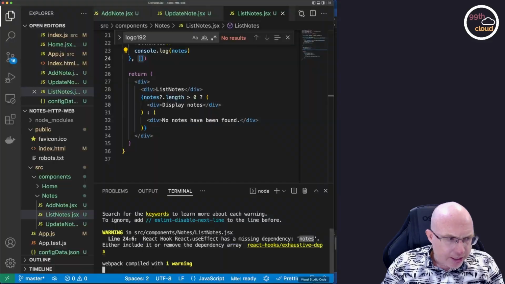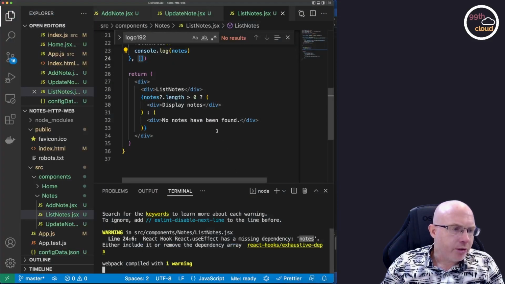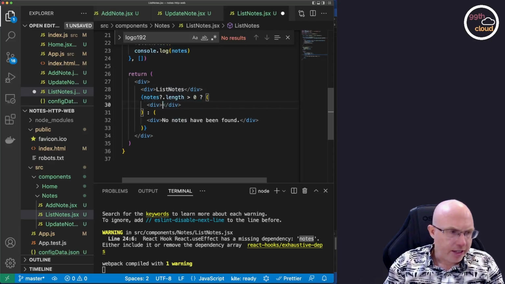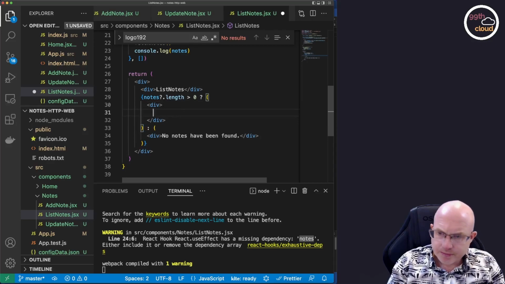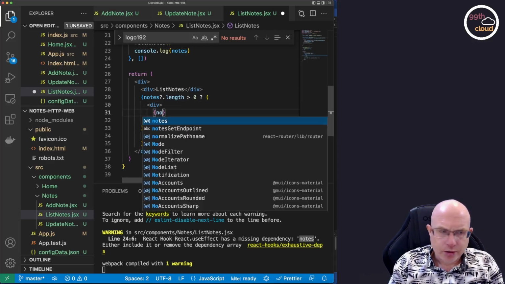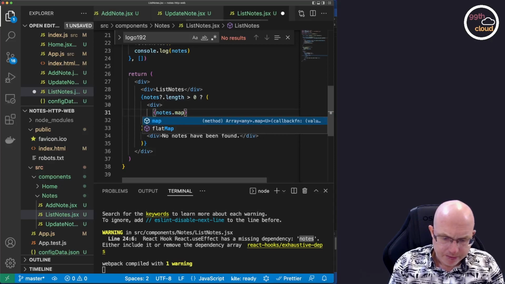Okay. So let's go back into the code, and instead of just saying display nodes, we will actually display the nodes. Here we can add more code, and we can say nodes.map